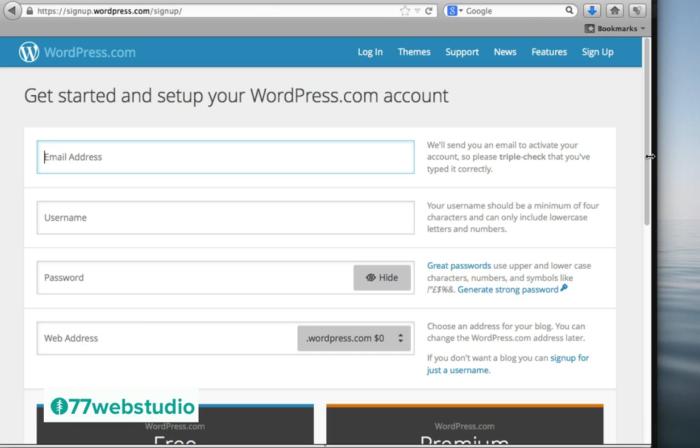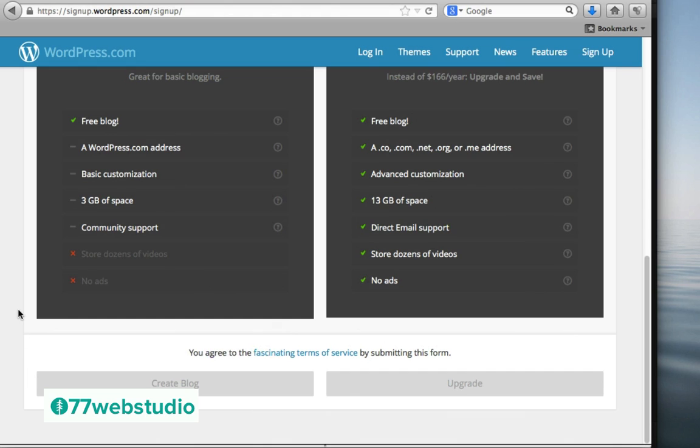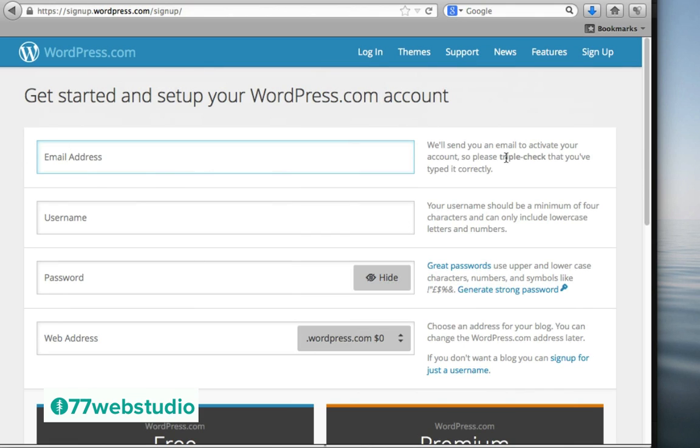And here we see we're on the sign up page for WordPress.com. Now, once again, this is a free service, so you can sign up for free right here on WordPress.com. Note that when you come to this page, however, this page is used to actually create a blog. And because we're creating our website and our blog, we really don't need to create a blog on WordPress.com. So when you get to this page, I recommend that you come to this small link down below, this fine print here that says if you do not want a blog, you can sign up for just a username. So to get the Jetpack plugin to work, we just need a username. We don't need a WordPress.com blog. So I would just click on this link here that says sign up for just a username.